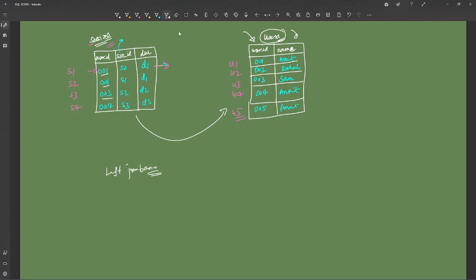The whole idea is: get me everything from left and the matching record from right. In this case the left join and inner join are going to be the same, because everything from left is going to match to the right. Let's talk about the right join. In this problem the left join is going to be pretty simple, same as the inner join. So in case of right join,